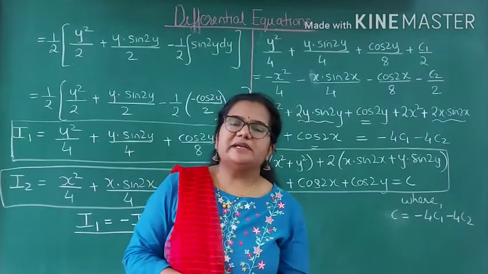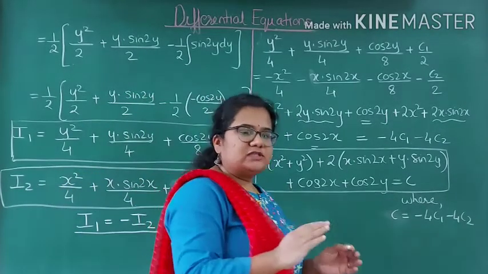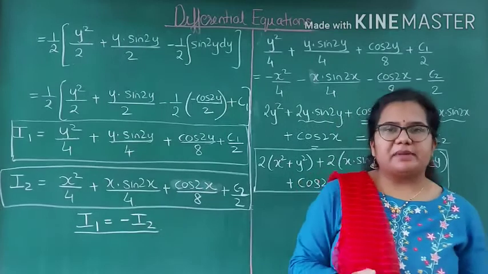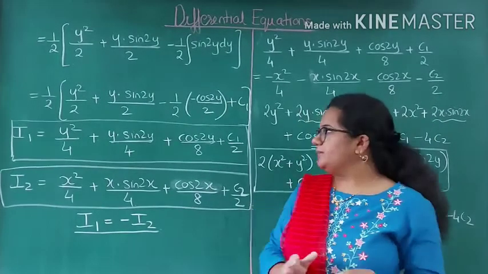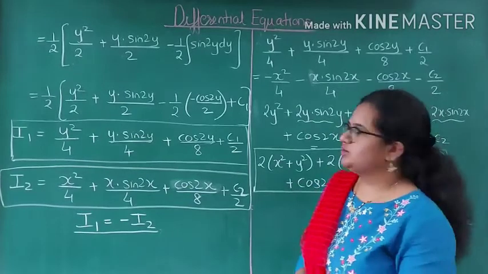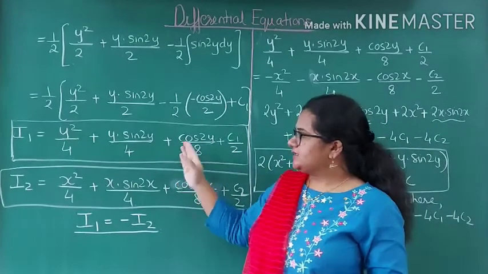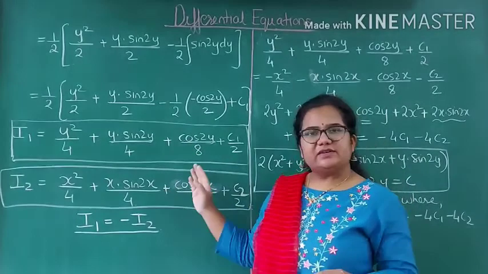Okay, so this is the sum. Separating the variables, then on both sides you get integration by parts. I told you to solve only one part, and you can just replace y by x and you will get I2 also. So here we have used integration by parts and then we get this answer. Replacing y by x we get I2.